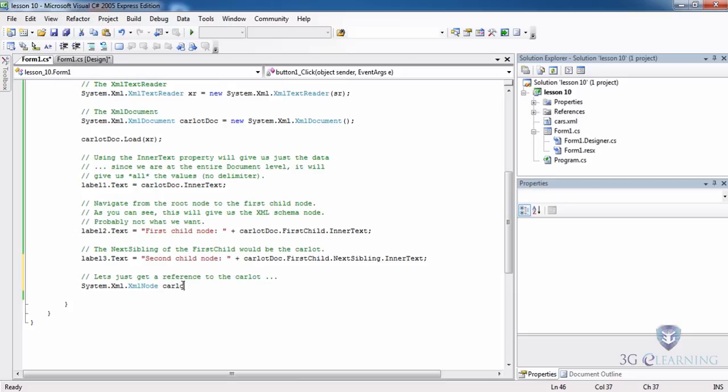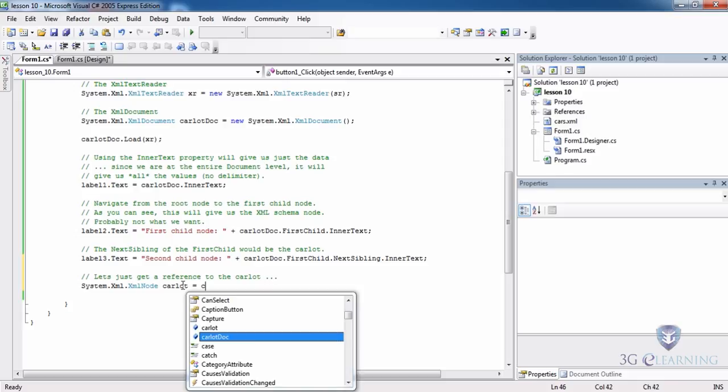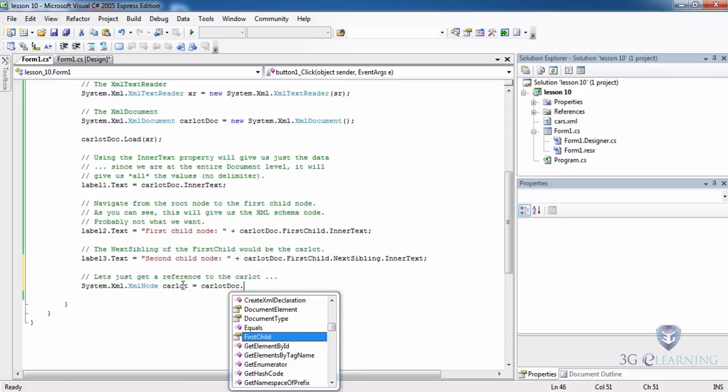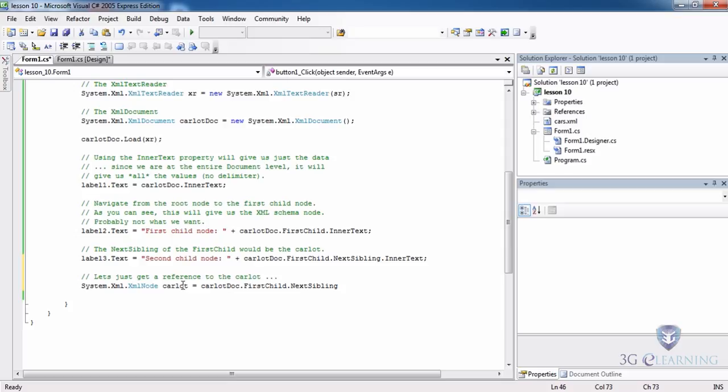node carlot equals carlot.firstchild.nextSibling. So we're working with the carlot. So label 4 equals, now that we have a reference to carlot, then take the inner text of carlot